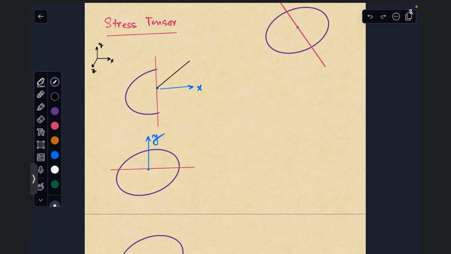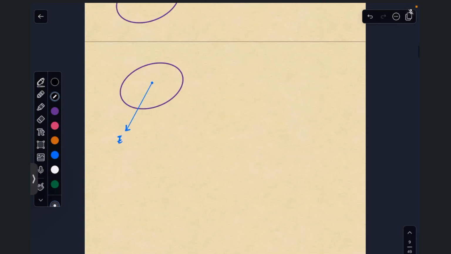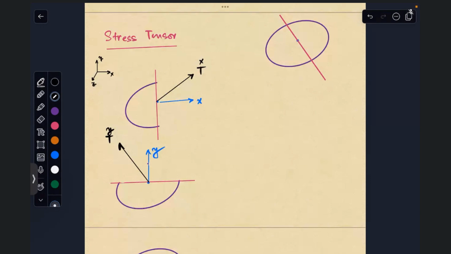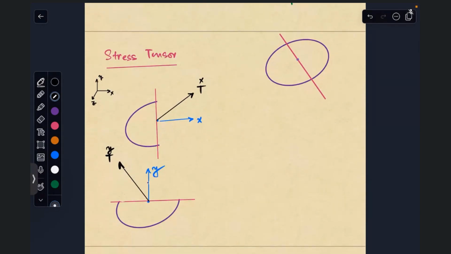Now let us take that the traction is like this along this cut, which will be represented by t of x. This is the vector. On the y plane, because this is exposed, this will no longer be there. So on the y plane, let us say that the traction is like this. So this is t of y. Let this be some generic direction again, t of z. Now we saw that we can resolve this traction into the three.